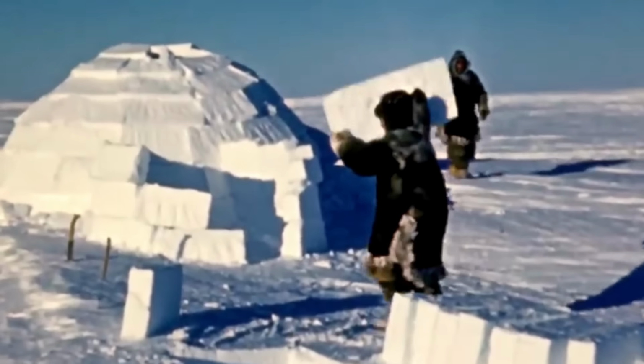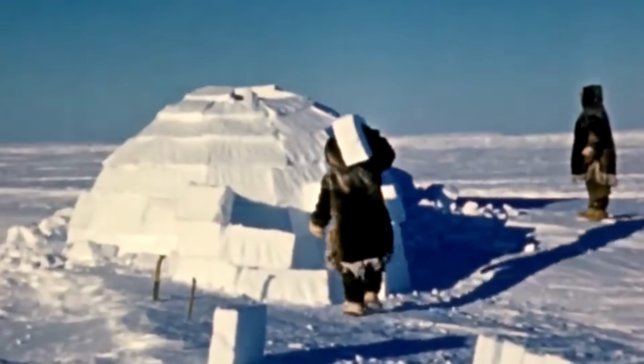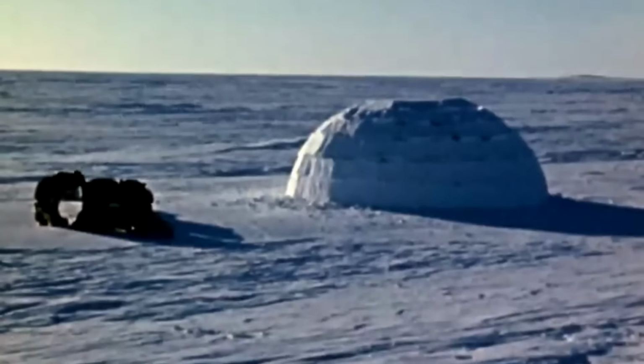Imagine arriving in a barren landscape with nothing but snow and being able to transform it into a shelter that can keep you alive in the most extreme conditions on Earth. No wonder this design has endured for thousands of years. The igloo stands as a testament to human ingenuity in harsh environments, but shelter is just one piece of the